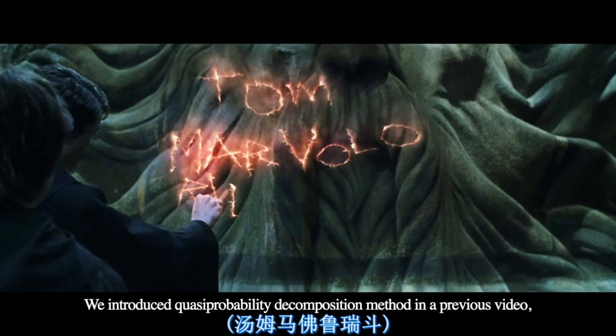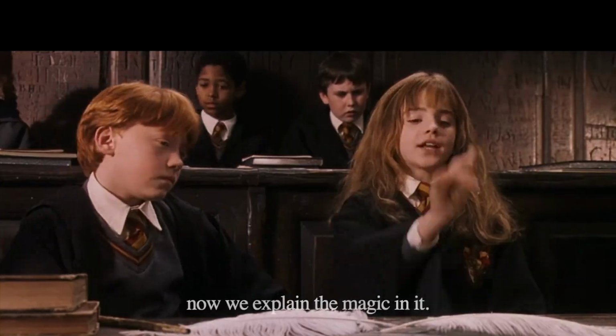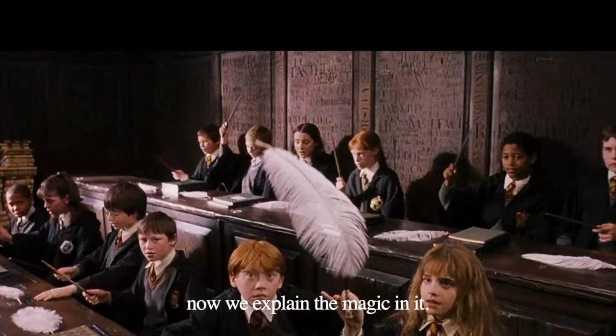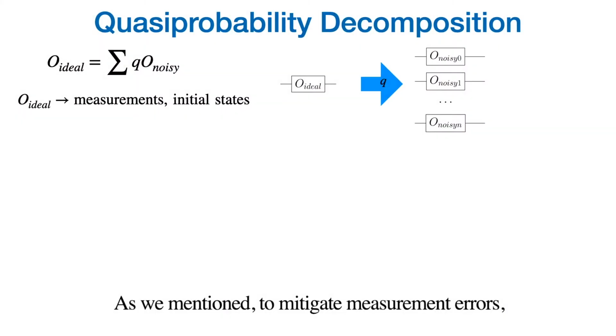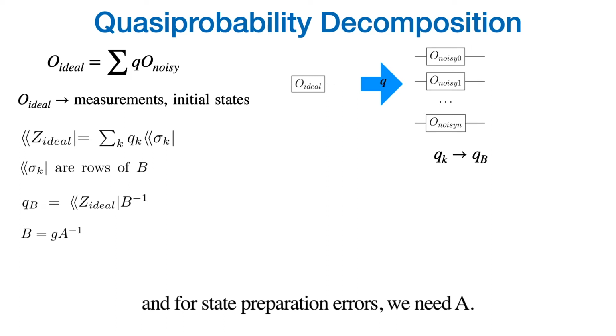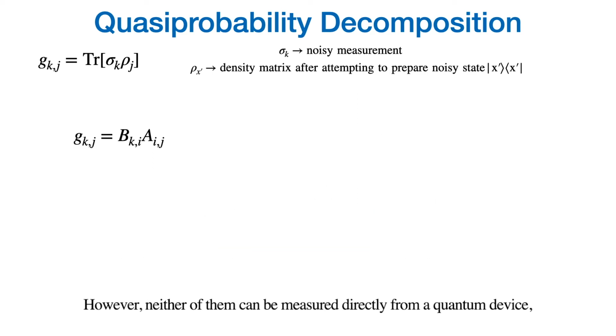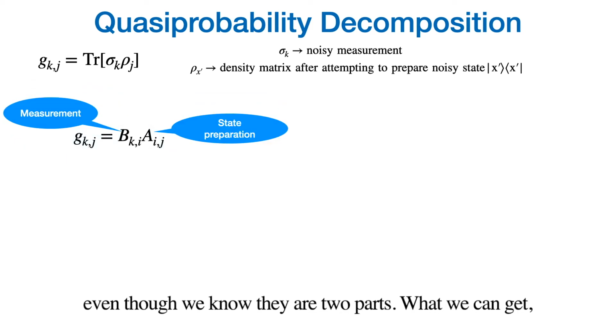We introduced the quasi-probability decomposition method in a previous video. Now we explain the magic in it. As we mentioned, to mitigate measurement errors, we need B, the one recording measurement error information, and for state preparation errors, we need A. However, neither of them can be measured directly from a quantum device, even though we know